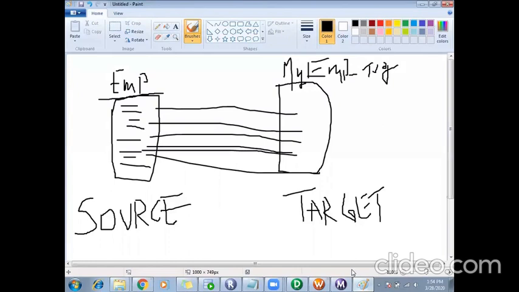If you are extracting data from any source, you first have to create that source structure in Informatica. If you are loading data to any target, you have to create the target structure in Informatica. That will be your first step.